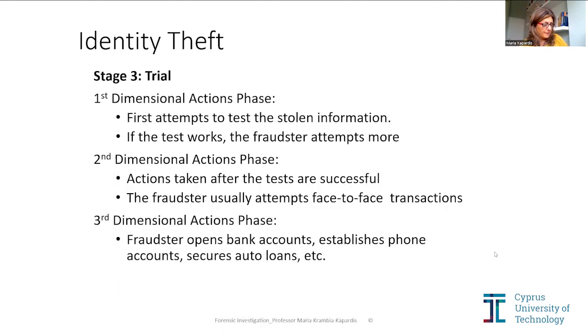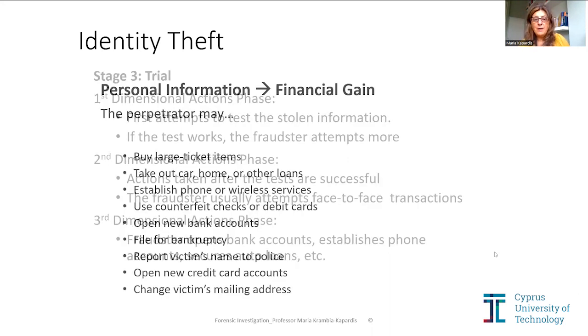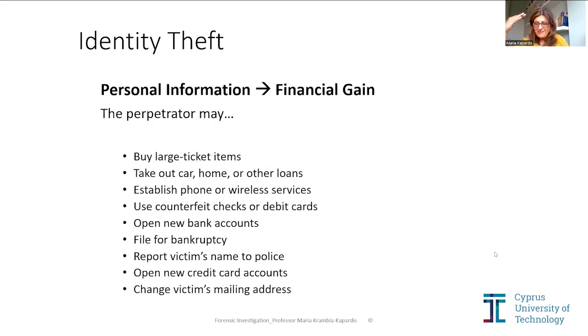Okay, and then stage 3, as mentioned earlier, where you test the stolen information. You go to the petrol station, as mentioned, you see that it works, and then you use face-to-face transactions to see if anybody has recognized that Krambia-Kapardis is someone else. And once they get through that, then they go off to a much more advanced level